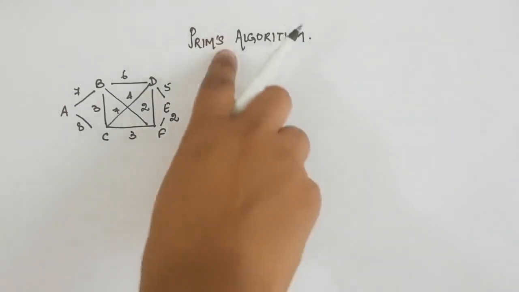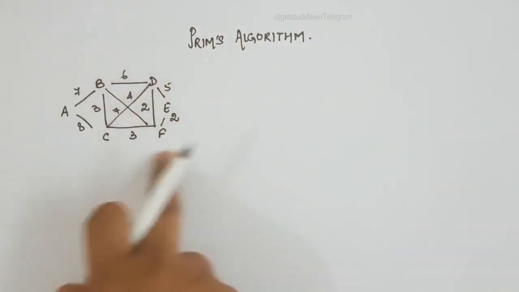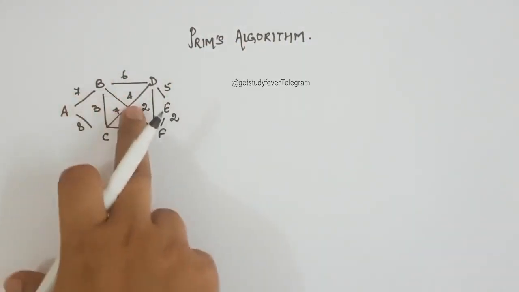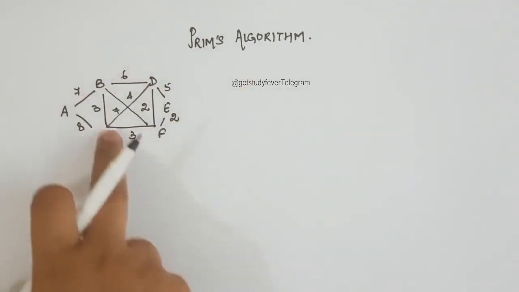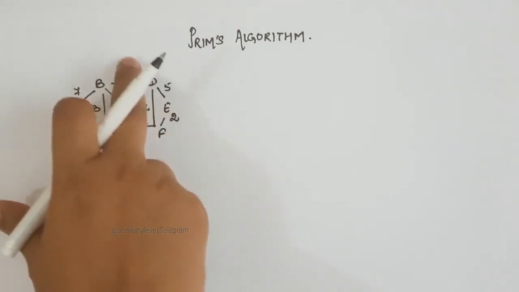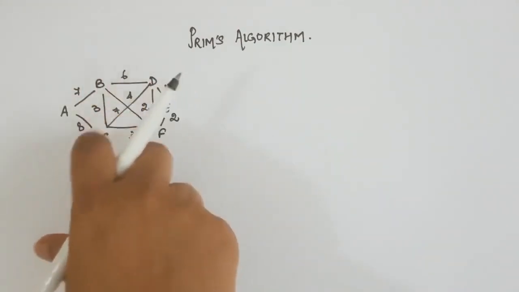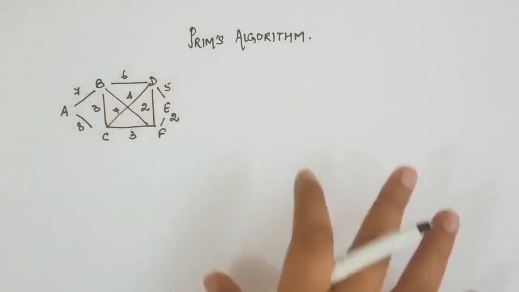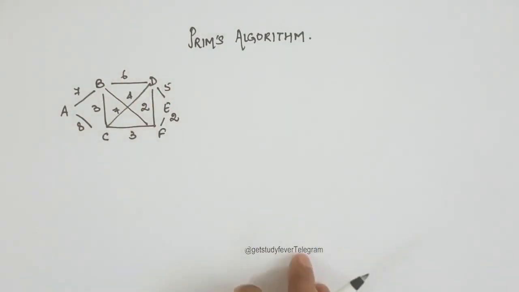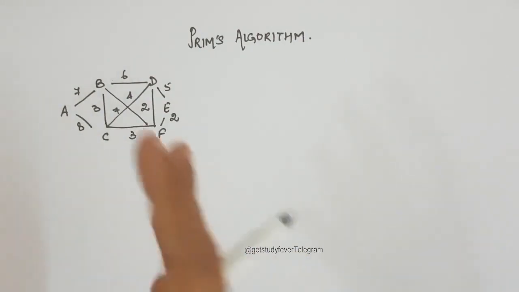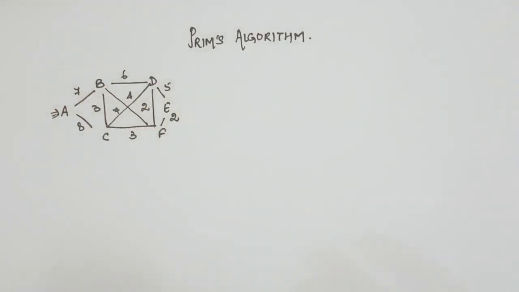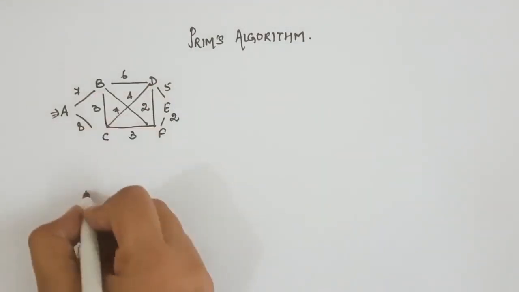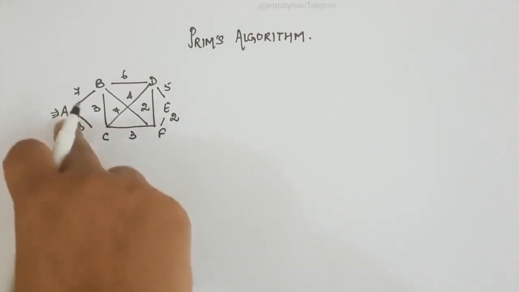So what happens in case of Prim's algorithm is, let's say I am given a graph. So this is my graph. These are the weights of each edge. So A to B has weight 7, A to C has weight 8, B to D has weight 6, C to D has weight 7, B to F has weight 4, and similar is the case with other edges. So what we do in Prim's algorithm is, we start with a vertex. That could be any vertex. So let's say I choose A. I will take A and bring A here.